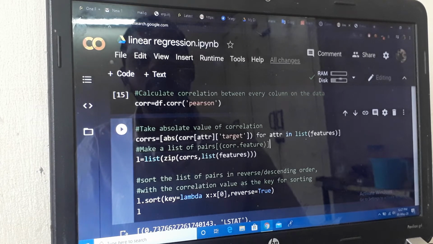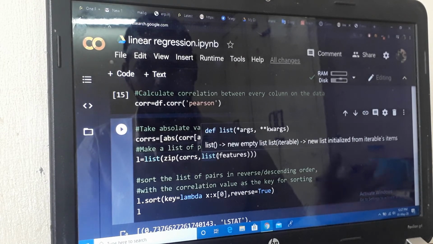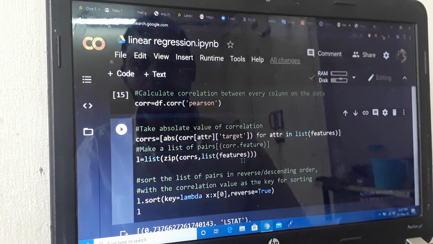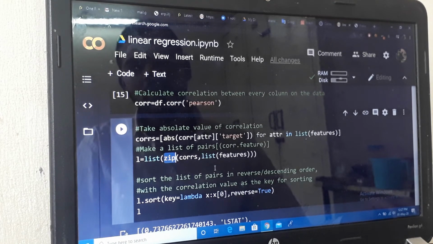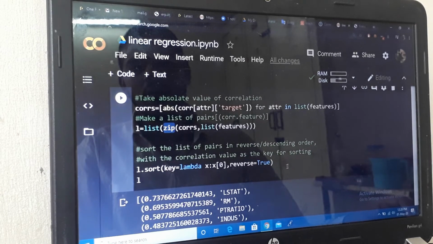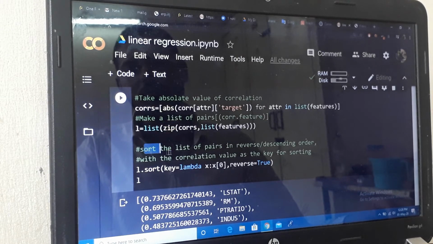I want to see in the target column what the correlation is, and also I want to see it in pair form, like key and value. The zip function combines the list and feature together. We also use the sort function.